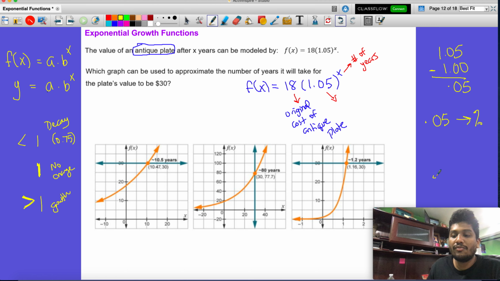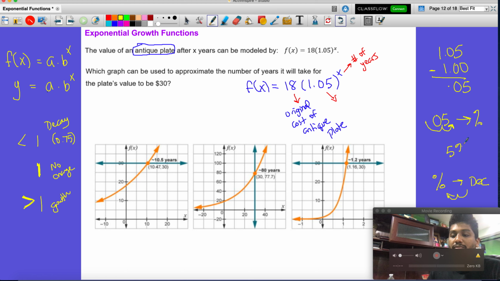If you're going from percent to decimal, you move back 2 spaces. From decimal to percent, that's backwards, so we go up 2 spaces, making this 5%. So we can say that there is a 5% increase